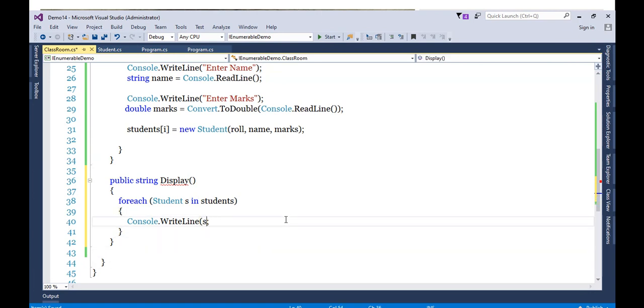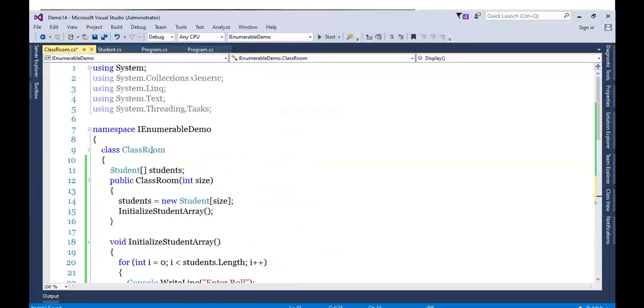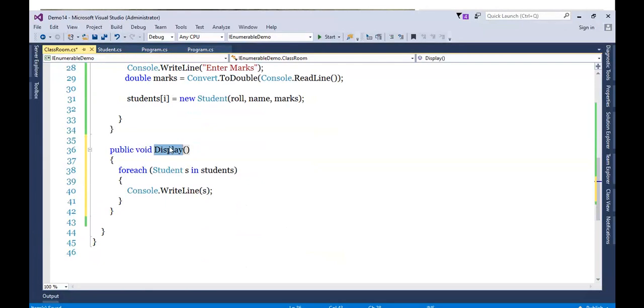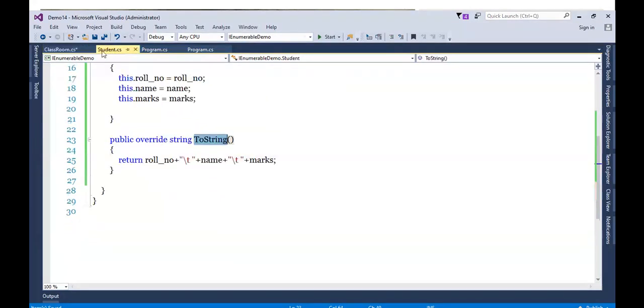Sorry, I returned it as a string. Or let's do one thing. Let's keep it as void right now, because I just wanted to show you it is possible without IEnumerable. So the display method of the classroom class has called the public method of the student class to display the student object.